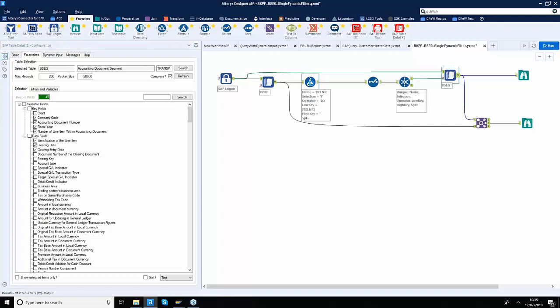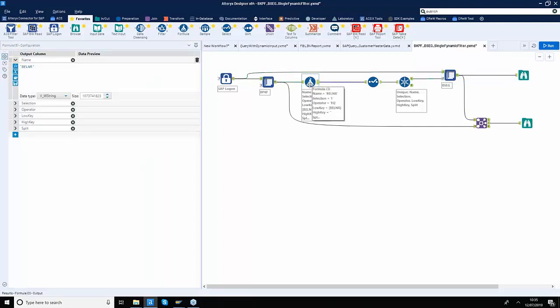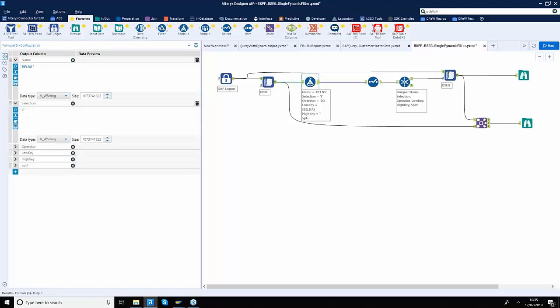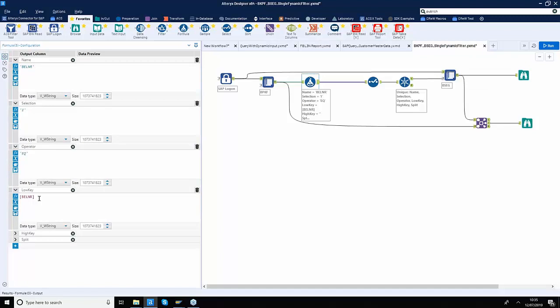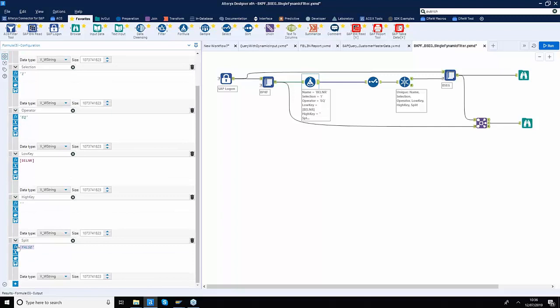And that we are achieving via this formula tool. Again, this is an Alteryx tool, a really powerful tool. Your imagination is the limit of what you can do with this tool. So we are targeting a field called belnr, the document number, in my table here, and we want to include everything which is equal to the low value, which is the belnr field coming from my first table. So you can now see that Alteryx has provided me a platform to bring a value dynamically from a tool which appears before this formula tool. We don't want to pass anything in the high, but if you want to, we can, and we don't want to apply any splits. So that means we are going to apply all the values that come out of this table as a single input into this tool.